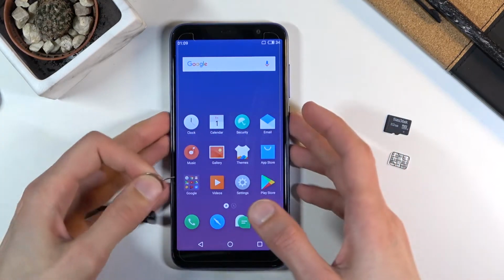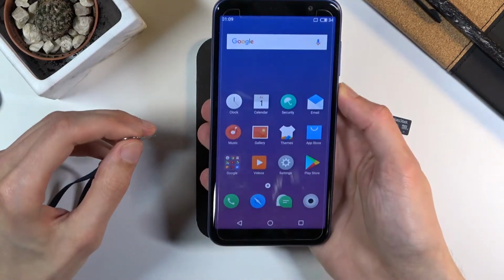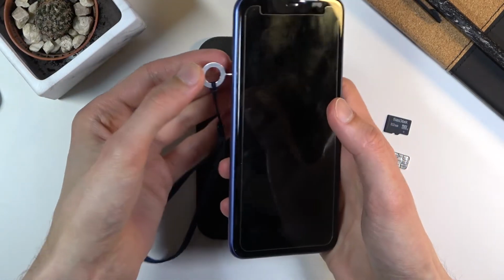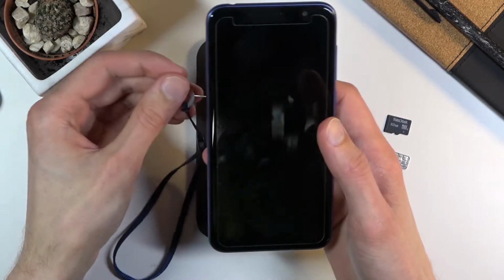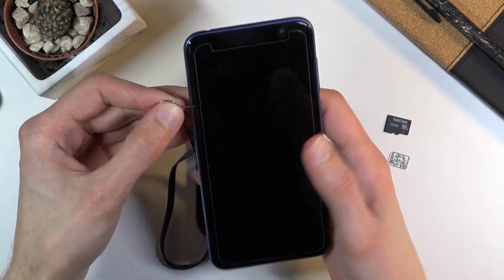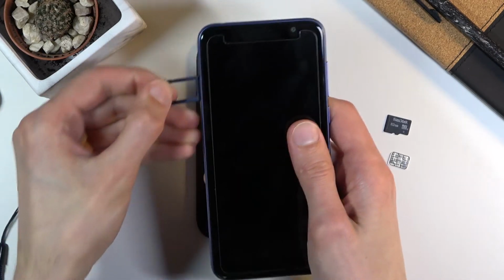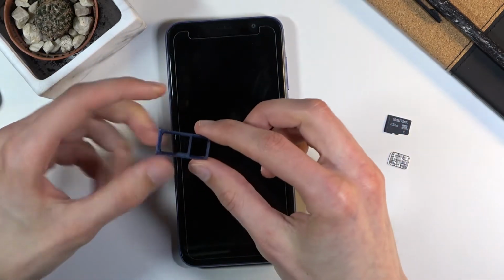Now once you have the pin, I'm going to pop out the tray, which is located on the upper left side of the device, so right over here, as you can see where it's holding. From there, simply push it in and the tray should pop out, as you can see. And when you take out the tray, we'll have space for